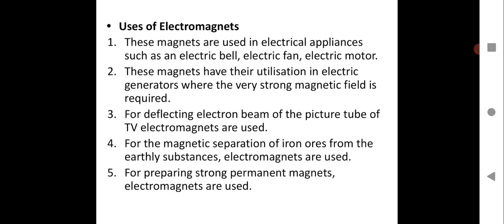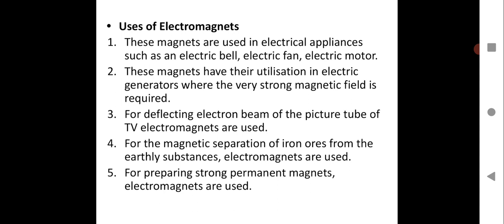So, uses of electromagnets. As you know, in the previous session we covered electromagnets and how they are made; they work on the principle of the magnetic effect of electric current. We also saw how an electromagnet works and how we can increase its strength. Here we are going to see some applications of electromagnets. The use is extremely important. Where are they used? Why are we making electromagnets? Let us see here.